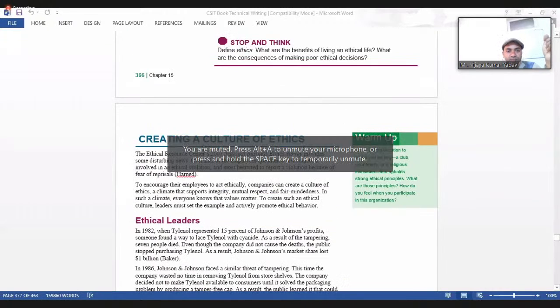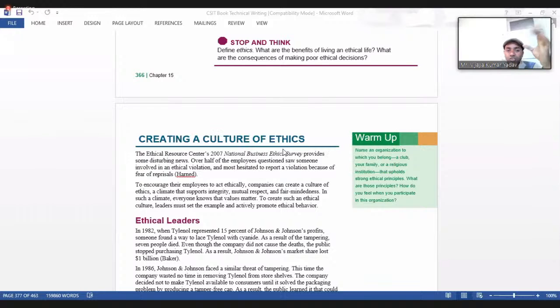Creating a culture of ethics. So that is, in the workplace we should create a culture of ethics. That is, you have to show honesty, you have to show faithfulness. So that is all the good behavior you have to do. You have to do hard work, isn't it? You have to think of your organization as your own. आफ्नै हो भन्ने बुझ्नु पर्छ. Okay,